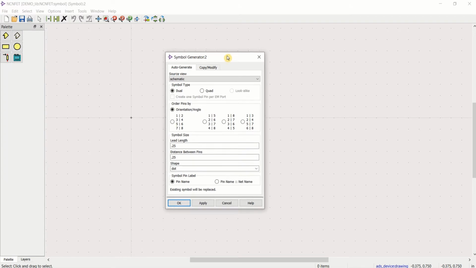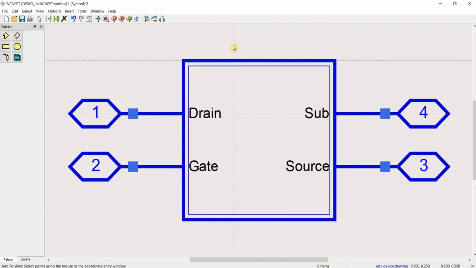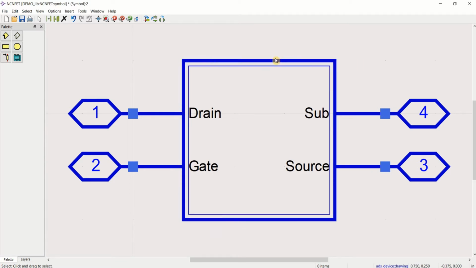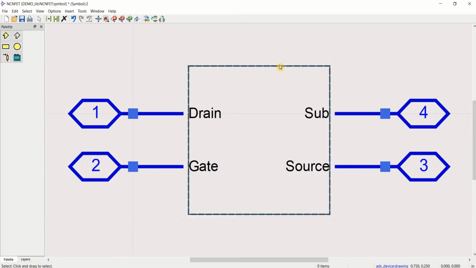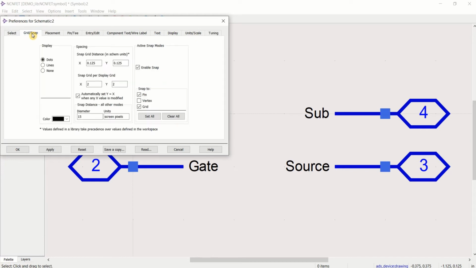Once the symbol is created, you can click on Auto Generate. Click OK. Now it is a symbol with the 4 terminals, but I want to change this. So just delete this to have the transistor model, or you can go to the options, preferences, grid snap.